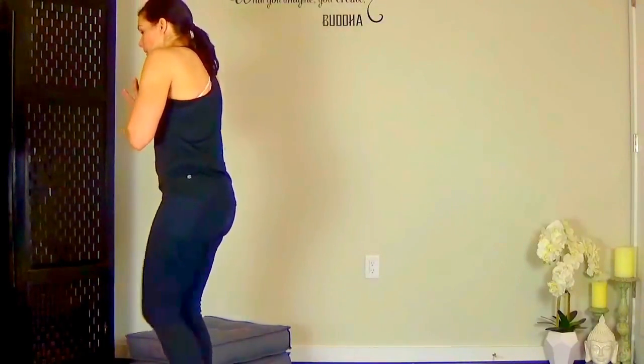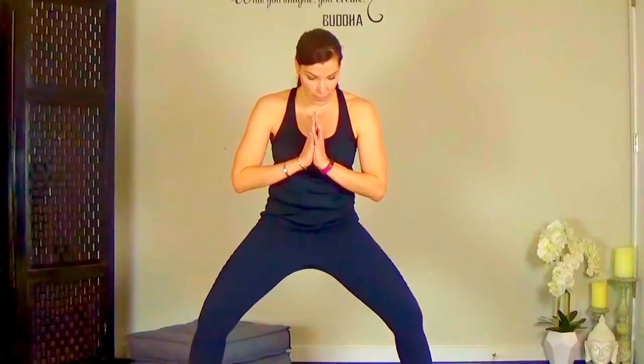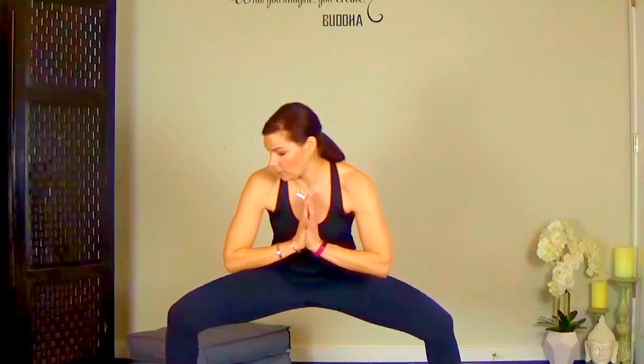All right. Take one foot back, doesn't matter which one. You're going to turn both sets of toes out 45 degrees, and we're going to come into goddess squat. And then keeping your hands at the heart, you can shift the weight, shifting a little bit more into the right and left leg, shifting your hips right and left, bending a little bit more into one knee and then the other. Try to drop your tail